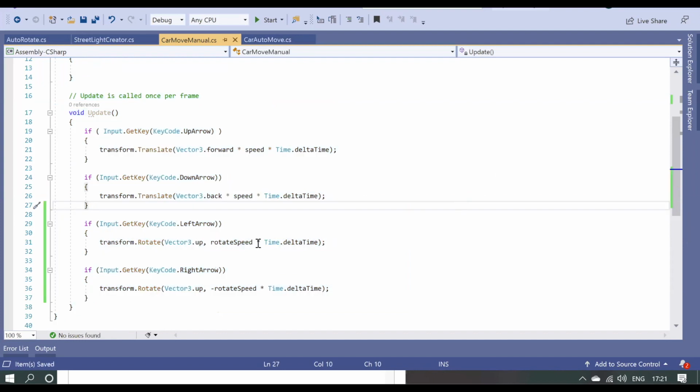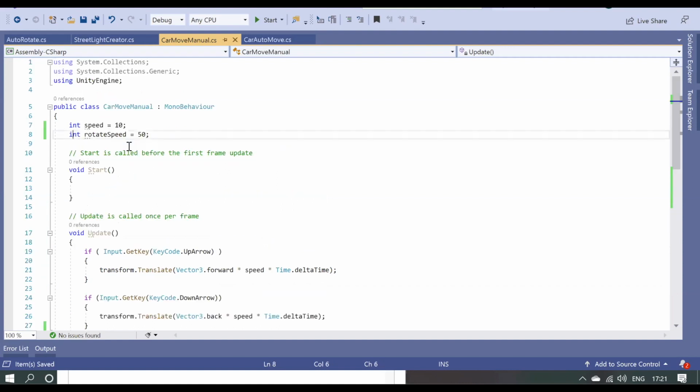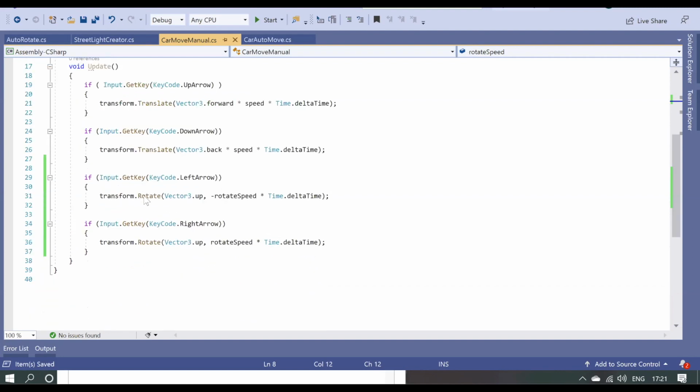So if you press left arrow, this should be minus, I think, and this should be plus. And I'll make it public so that I can change it in the editor also if it is too large. So instead of transform, which drags it left, I have used rotate, and let's see what happens.